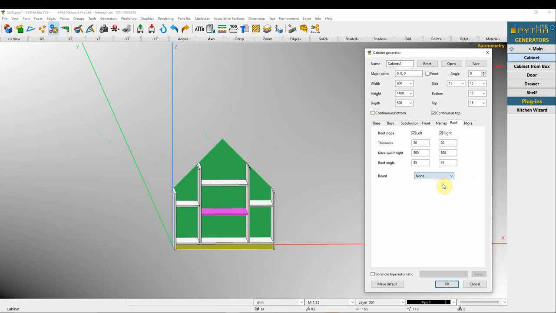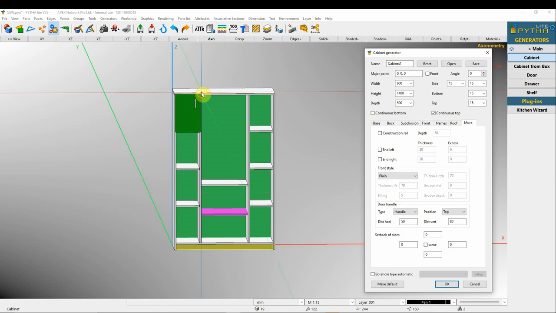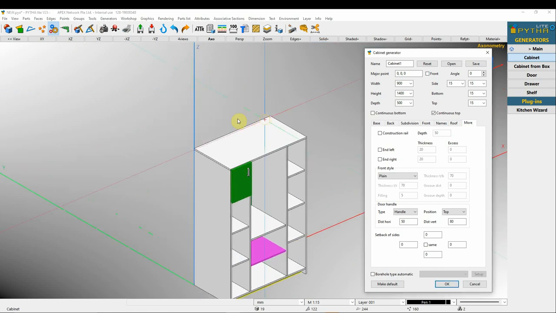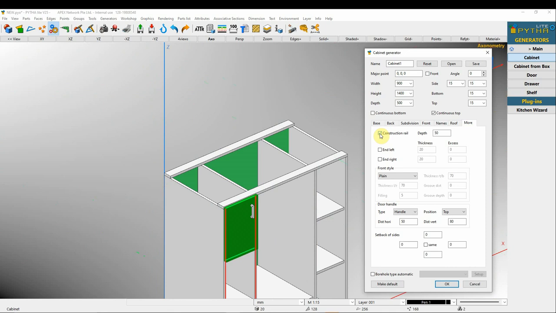You can choose none or block, between, and on top. These are all different constructions that you can choose. More. We can choose to have a full top panel or construction rail.